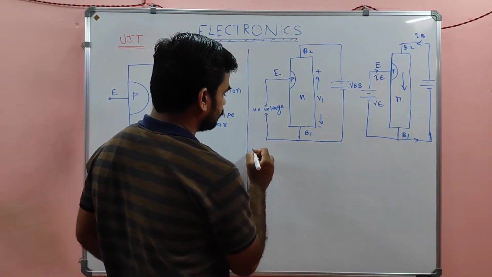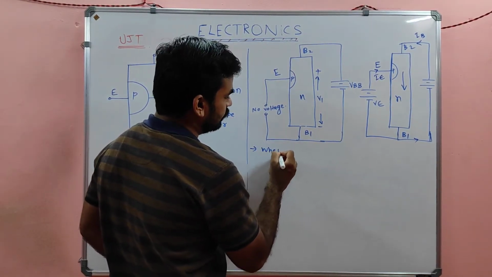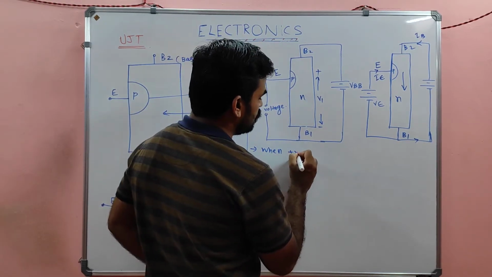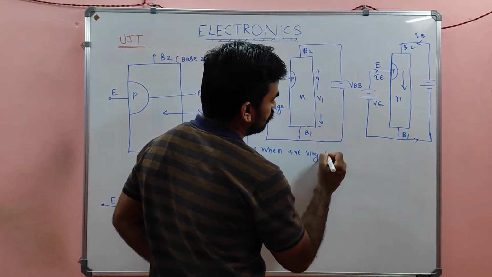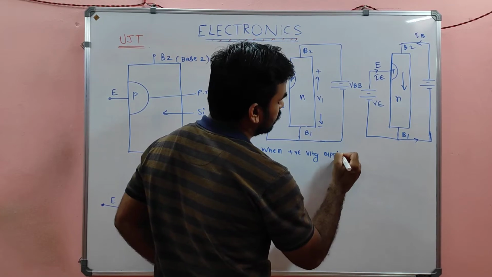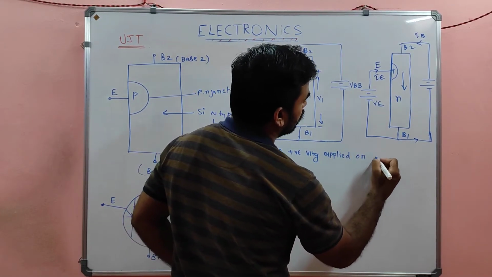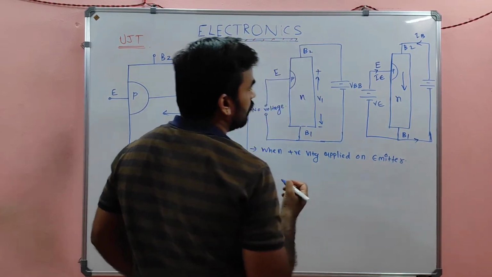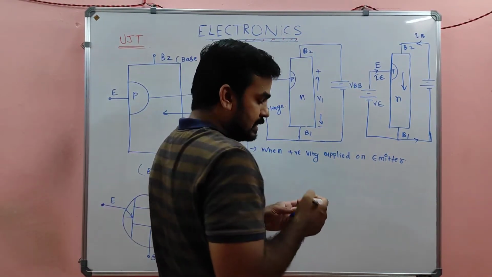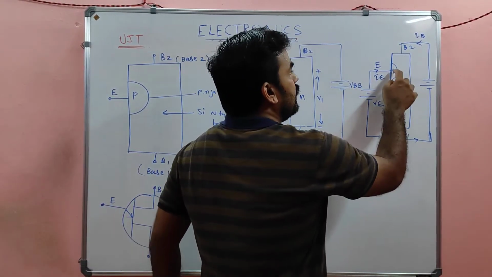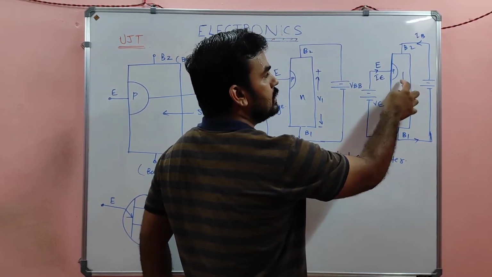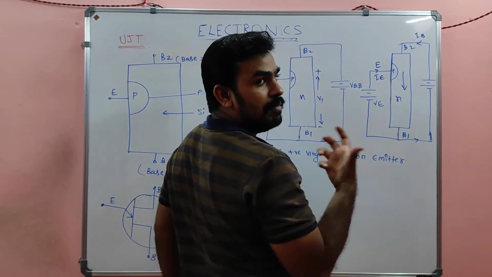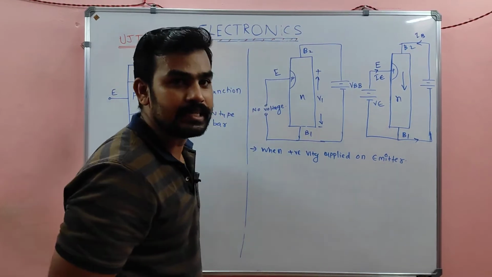When a positive voltage is applied on the emitter, what happens? It makes this P positive and this N will make a forward biased condition, because